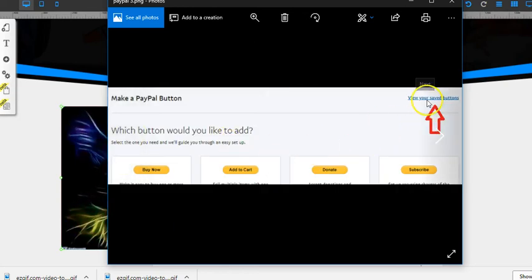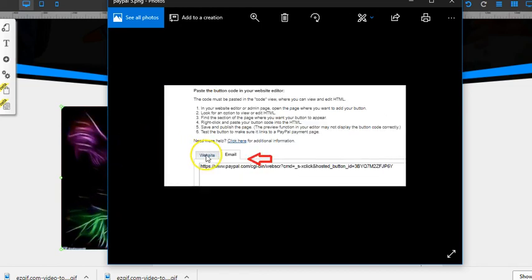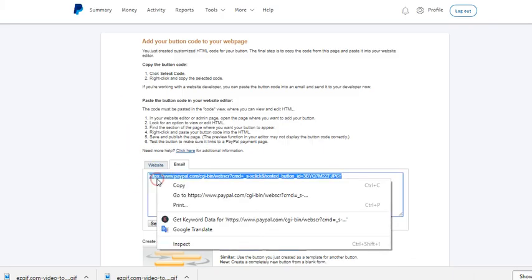You could either view your saved buttons if you have them, or create a new one, like a buy now. So that's view your saved buttons. And then under saved buttons, you have a whole list. This is just a test one. You need to view the code. View the code, and it'll pop up with a website and a whole bunch of HTML. But here is the PayPal email. This is the link that you're going to use. So I'm going to click and copy